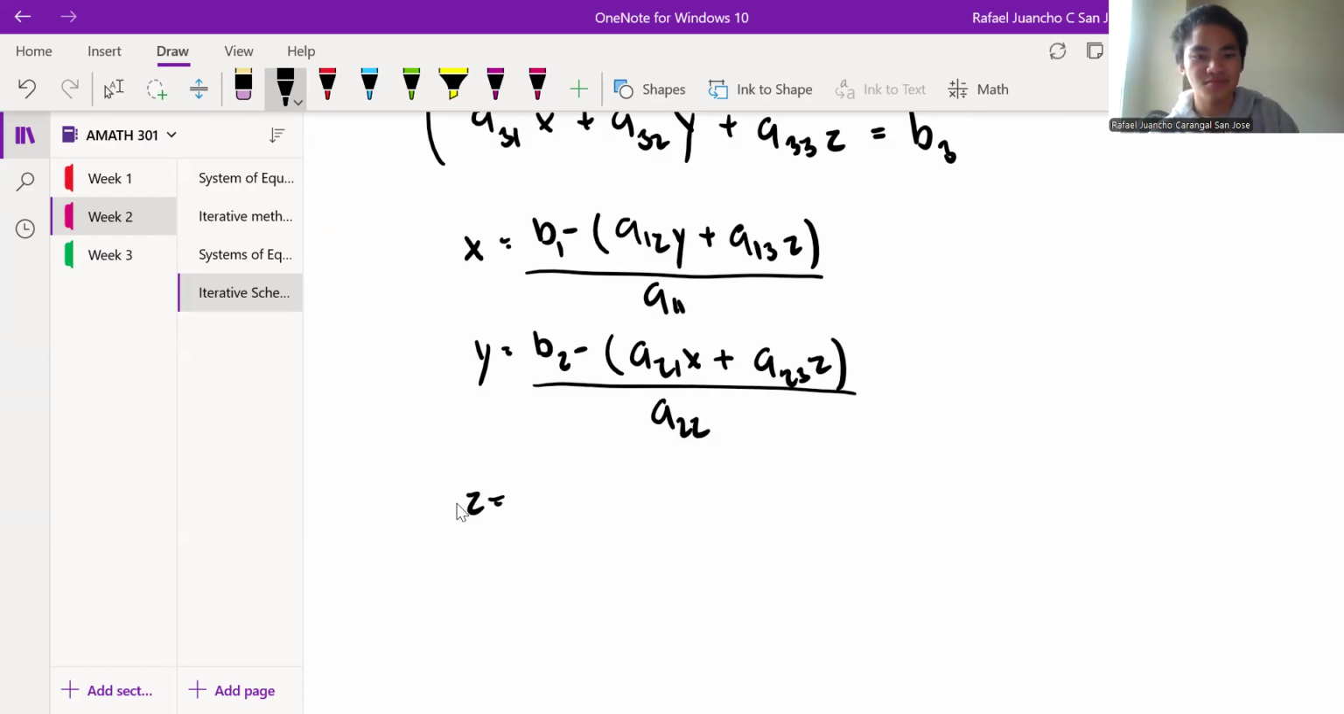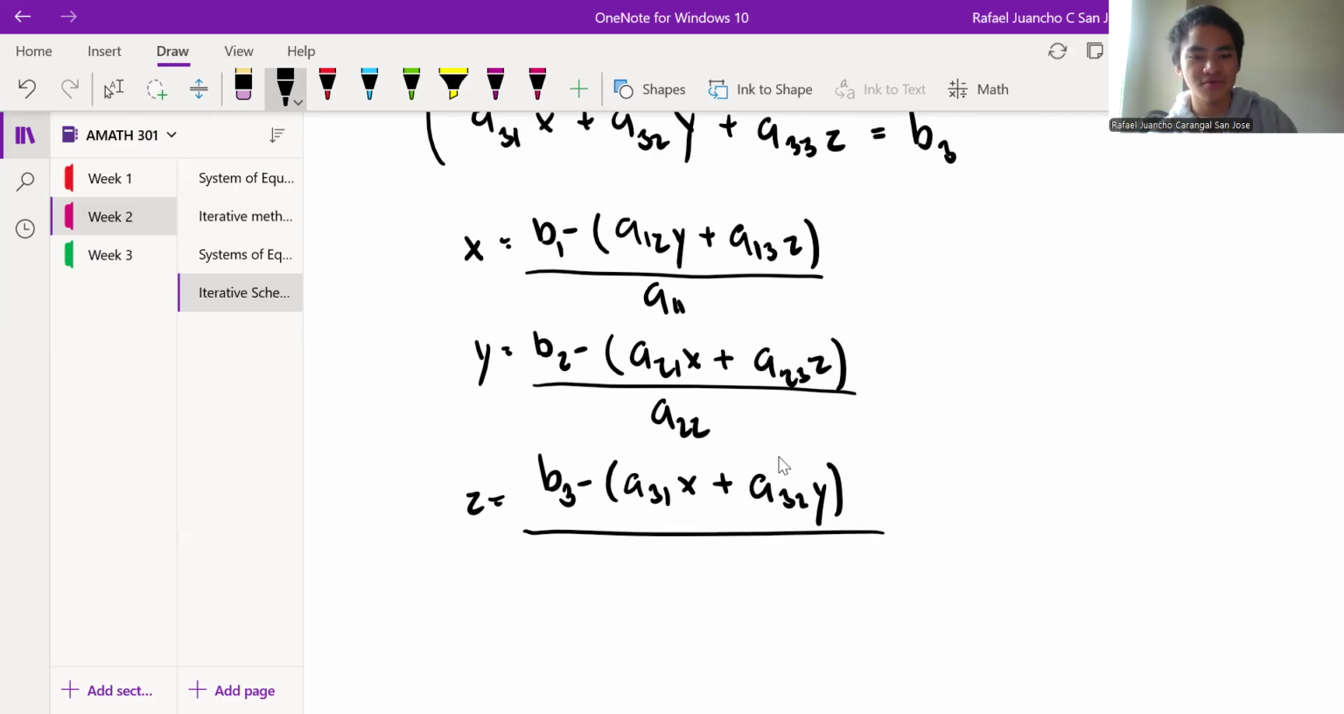And lastly, my z, I'm going to do b3 minus a31 x plus a32 y. I'm going to do it over a33. There we go. Now we were able to isolate x, y, and z. And from there,